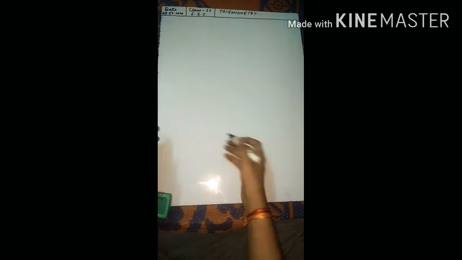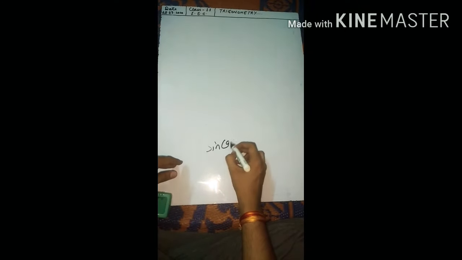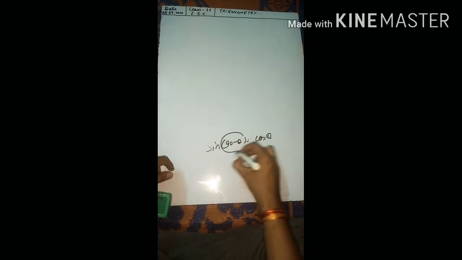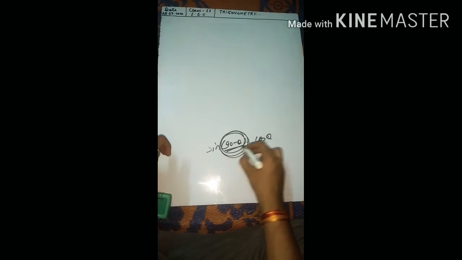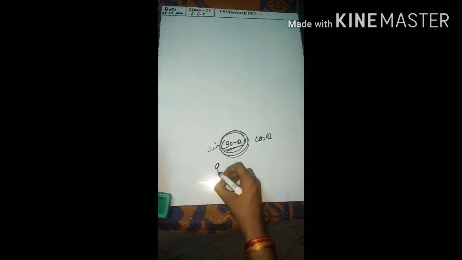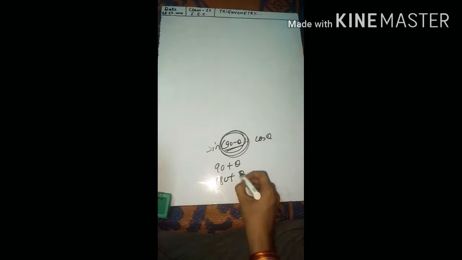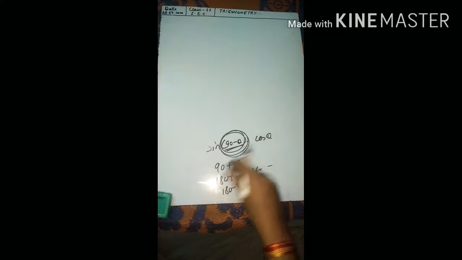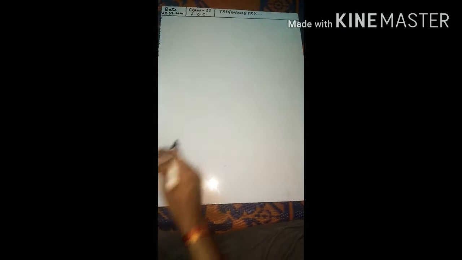Okay, second thing. Third thing, you have seen that whatever I said, sin(90 - theta) equals cos theta. So you have only seen 90 minus theta. Now you would be having the cases 90 plus theta, or 180 plus theta, 180 minus theta, 360 plus theta, and the like. So what to do? This we are going to study right now. Okay, so let me first make a graph here.